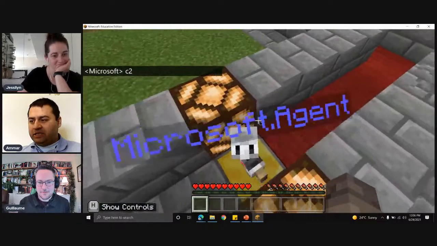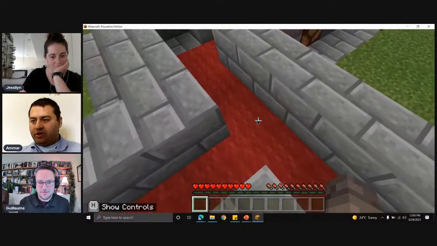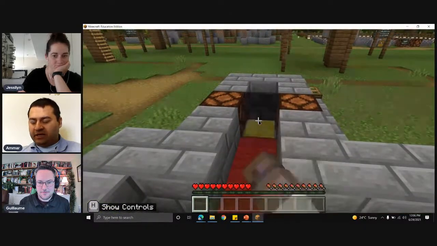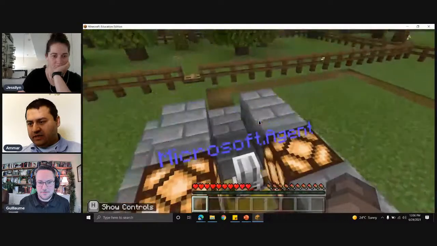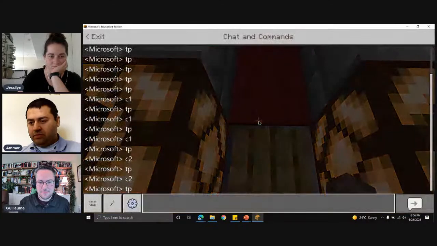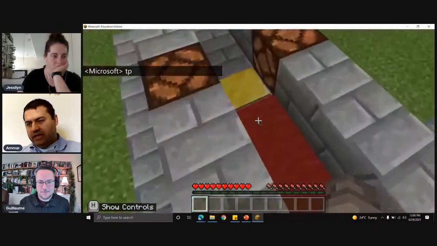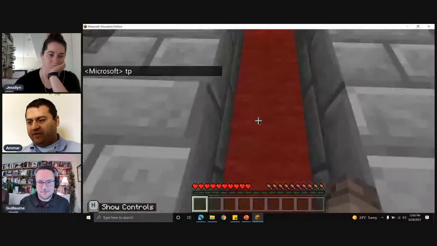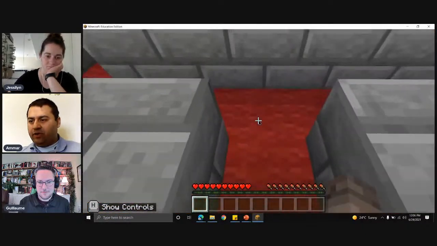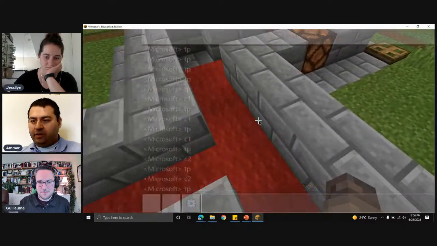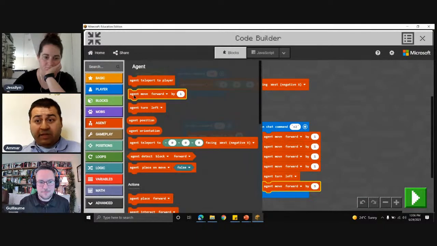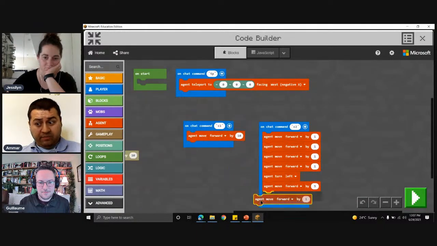Now what I need to do is go back, turn, go forward, turn, and come to that gold plate. So how are we going to do that? First things first, I'm going to reset them. Now I know they're standing right here. So they're going to go back 5 more spaces because I think that's how many steps it took. 1, 2, 3, 4, 5. Okay. Open up my code. I'm going to grab that agent move forward block one more time.